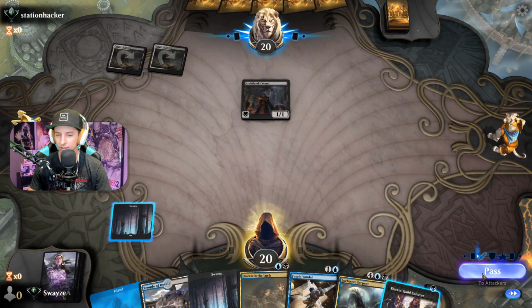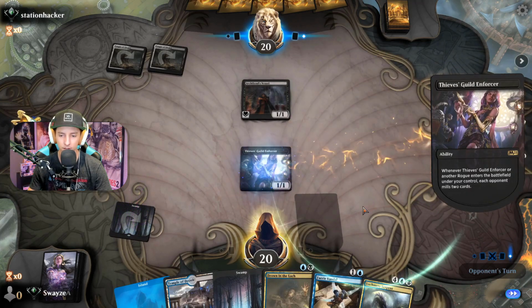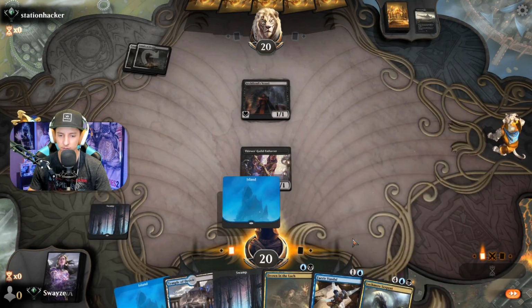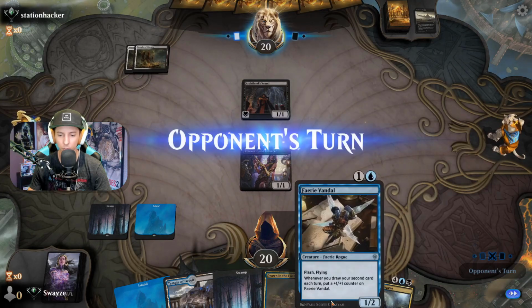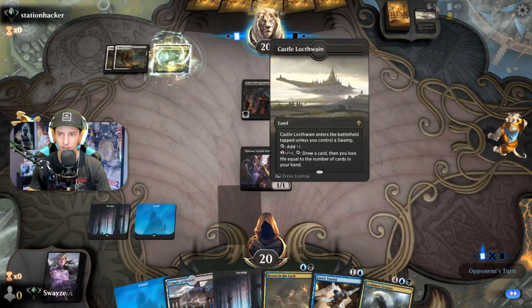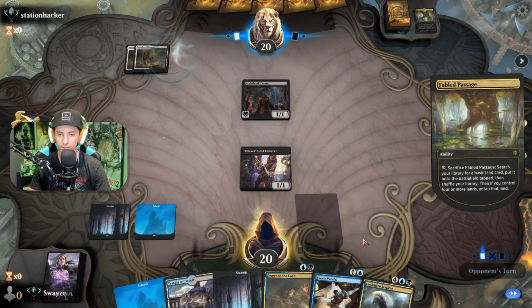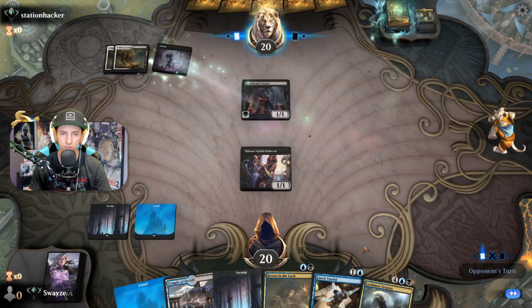Okay, it's not Doom, I don't think. Still could be. No attacks in our turn. We have Faerie Vandal and Drown in the Loch. Could be a weapon. Yeah, it could absolutely be a weapon this early on in the game. They're bringing in a tapped land, so